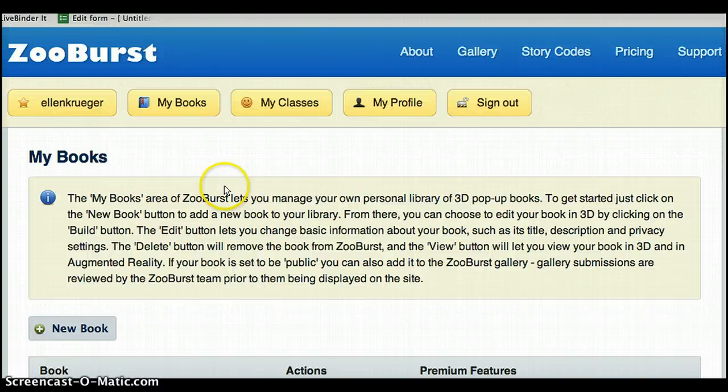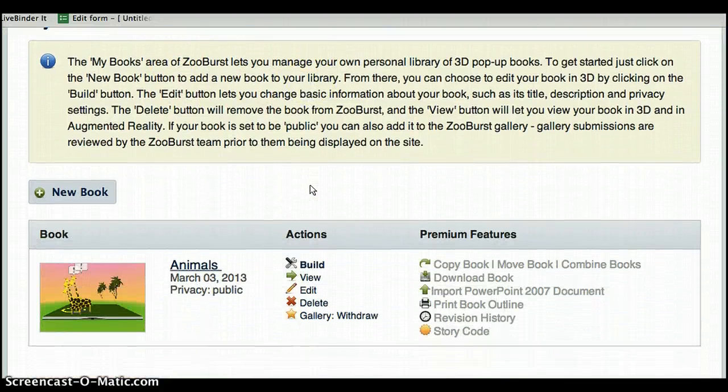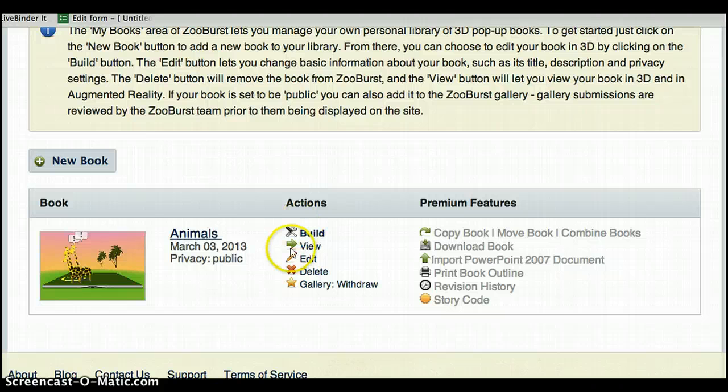Once you've clicked on My Books, it brings you to a page that looks like this. You want to scroll down, and I've already created another book right here, so yours would be blank, but you click on the link that says New Book,